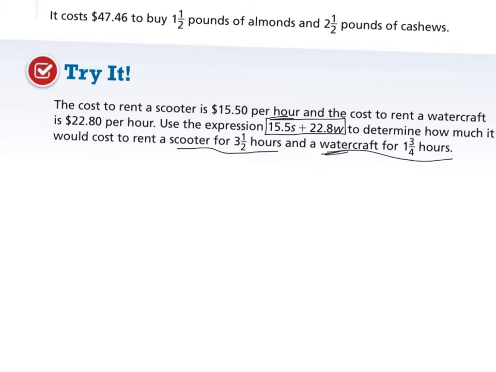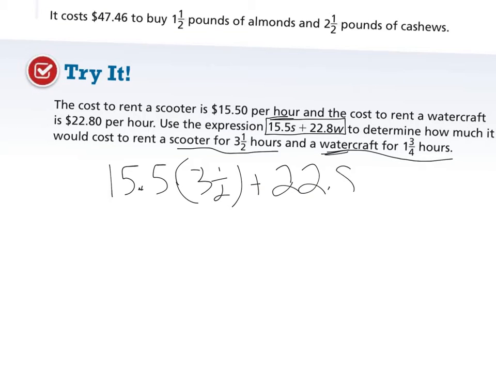So the first step, starting with our expression here, we are going to substitute. S is the hours renting the scooter, so we would substitute 3.5 in place of the S. And W is for the watercraft, so we would substitute 1 3/4 in place of W. Like we did earlier,